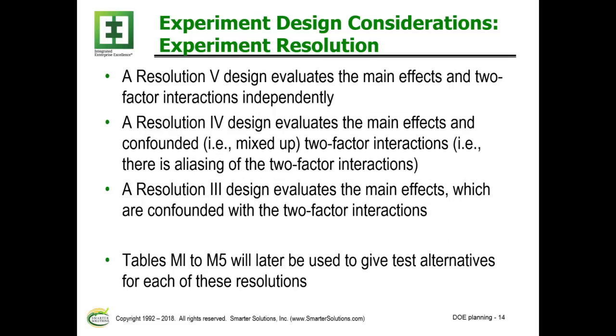So a resolution 5 design evaluates the main effects and 2-factor interactions independently. A resolution 4 design evaluates the main effects, which are not compounded with 2-factor interactions. A resolution 3 design evaluates the main effects, which are compounded with 2-factor interactions. Tables M1 to M5 can be used to test alternatives for